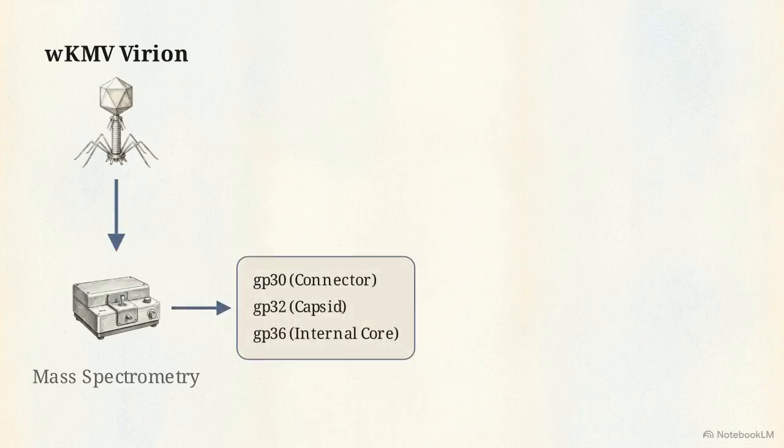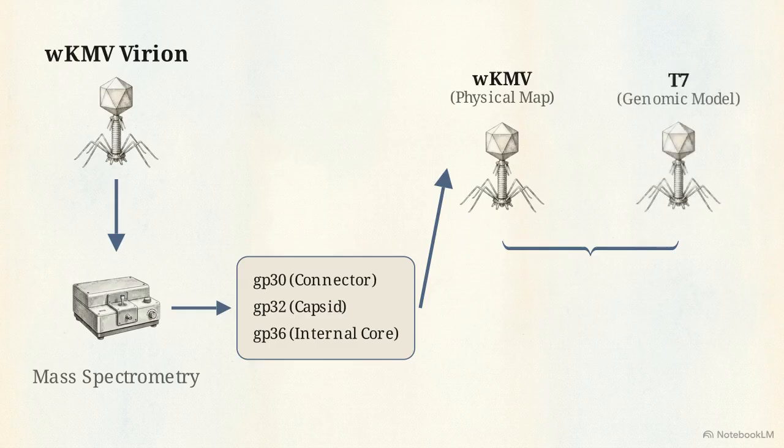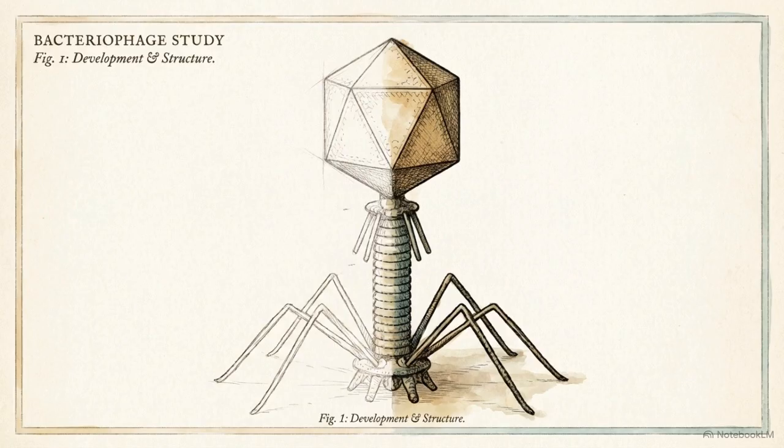Their study pursued two distinct objectives. First, they deployed two different mass spectrometry workflows to physically map the WKMV virion. Second, they used that structural map to test its assumed relationship to T7. By testing theoretical in silico predictions against hard proteomic evidence, this research possessed the potential to revise how we categorize